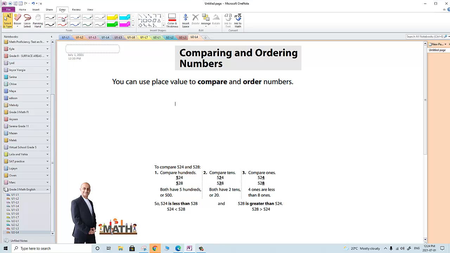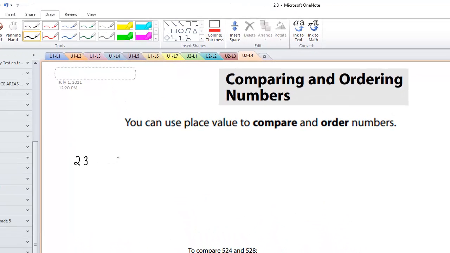If someone asks me to compare between, let's say, 23 and 51, I need to know which one is bigger and which one is smaller. Usually when we compare, we don't start by comparing 3 and 1. We start by comparing the 2 and the 5. Which means, if I have my place value chart,